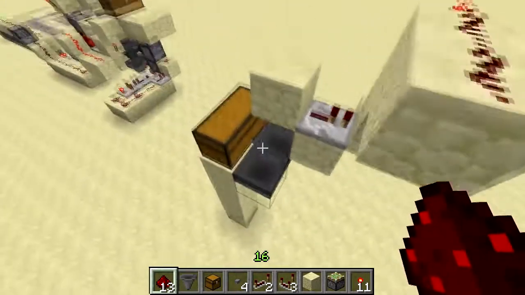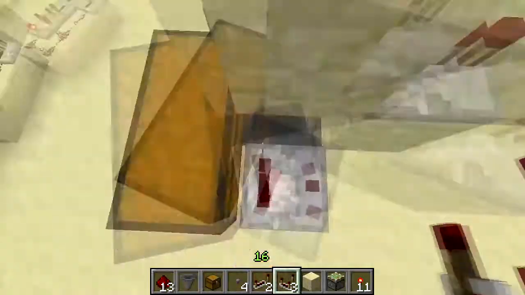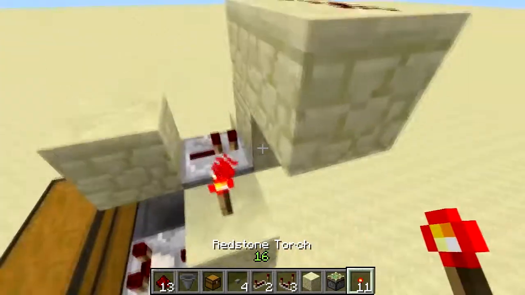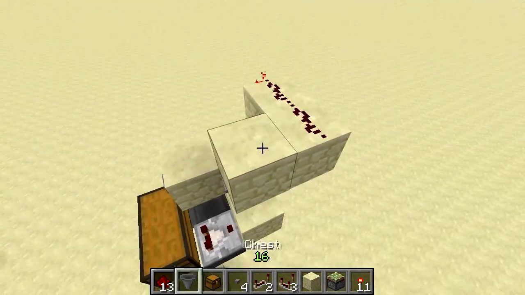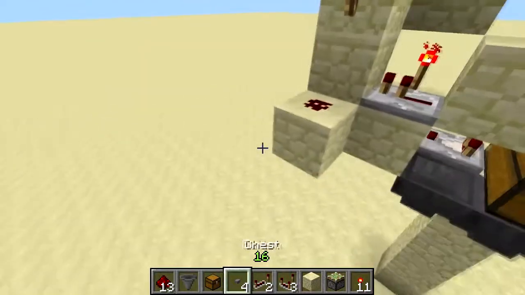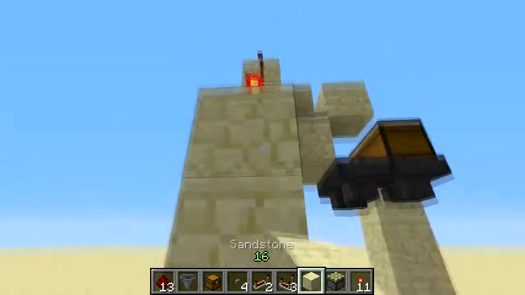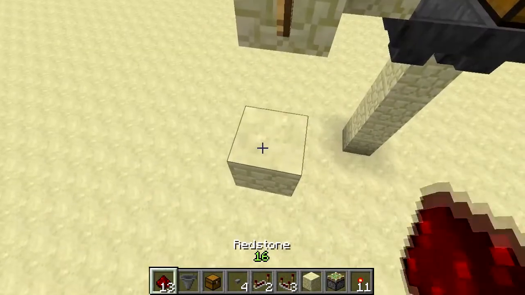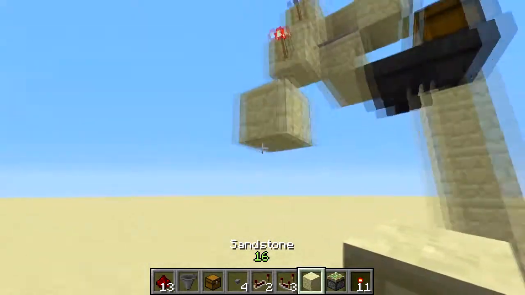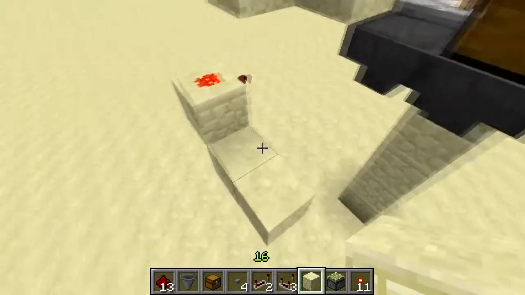And then the other input will come from the chest. It'll detect when the chest is empty, and it'll shut the RS NOR latch off. Invert that, and that'll bring the signal up there like that. And then we can take an output from here, and this will travel down onto there, and this can go straight across